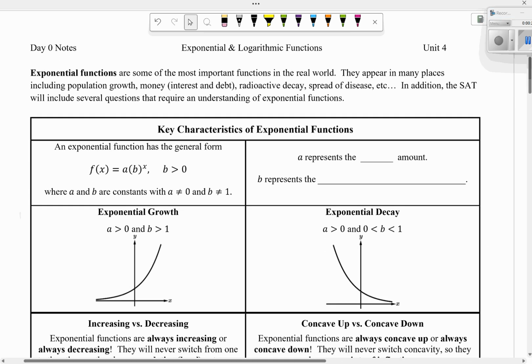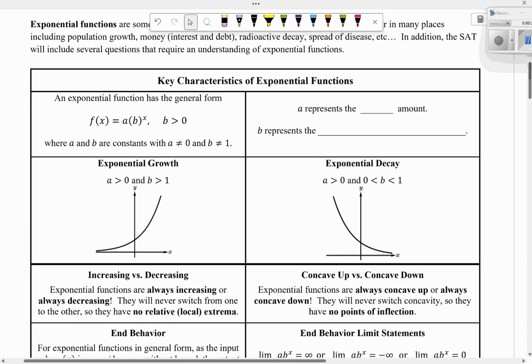So this is going to give some key characteristics of exponential functions. An exponential function has a general form of f(x) or y equals a b to the power x, where b is greater than 0, and a and b are constants with a not equal to 0 and b not equal to 1. Why can't a be 0? Because then we would just have y equals 0, and if b was 1, then you'd have a horizontal line at 1. So a represents the initial amount,